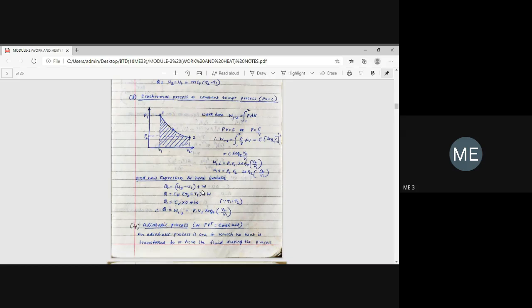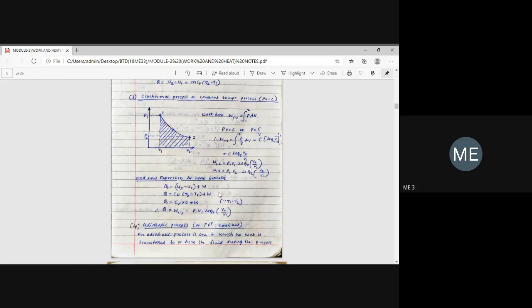Okay, whatever process it is, whether it is constant volume, constant pressure, isothermal, polytropic, or adiabatic process, there is no change in the equation of delta U. Delta U is always CV into delta T, whatever process it is. Okay, please keep in mind. U is a function of temperature only, and the standard equation is CV into delta T. On the other hand, H is Cp into delta T. These two formulas should be remembered: U is CV into delta T and H is Cp into delta T.